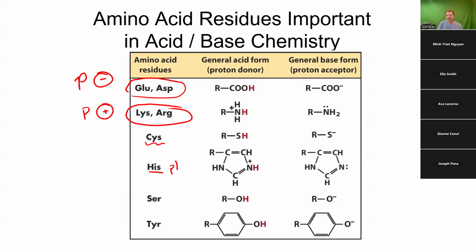It has a pKa of about 6.1. So that means if you're at a neutral pH, more than likely it's going to be deprotonated, but you might have some that's protonated. So what that means is that histidine at a pH of about 7,